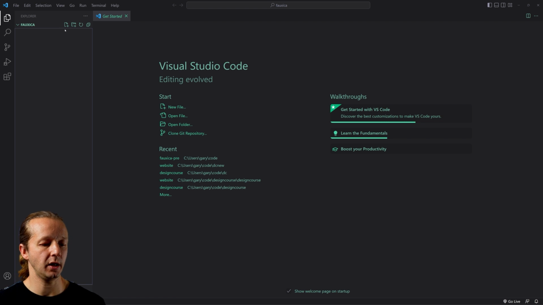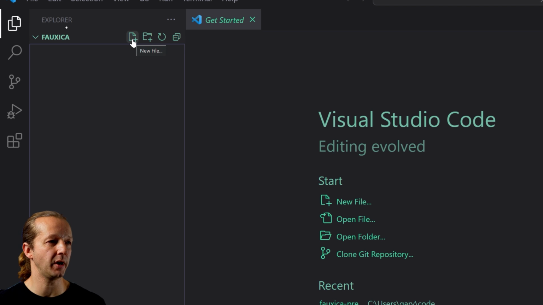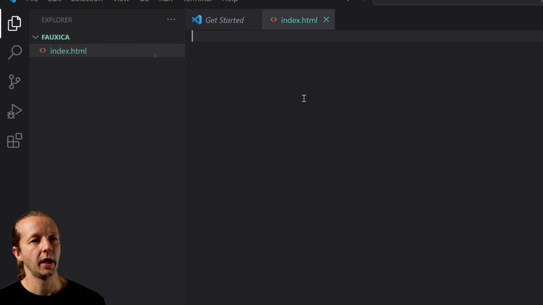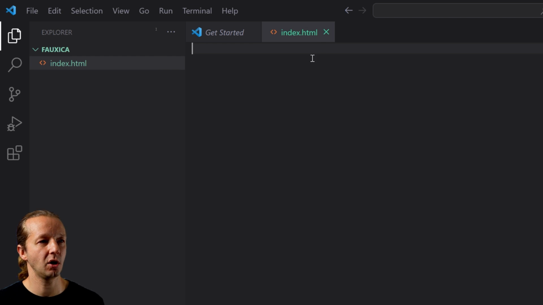And so now we're going to go right up here and click this button, which will create a new file. And then we have to give it a name, index.html. All right, so index.html, very typical starting point. Whenever you go to whatever.com, it's probably loading in the actual index.html. Of course, if they're using frameworks, it can be different. But for us, where we're not using any type of JavaScript framework or platform, we're just going to name this index.html, which is going to be the actual home page or the starting page when somebody goes to a fictional site like foxica.com or something like that. Hit enter. And you can see now that it's opened up here in this code editor